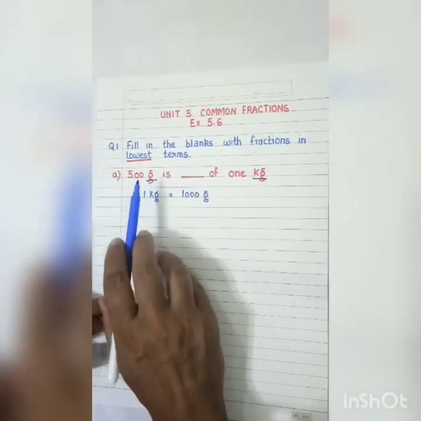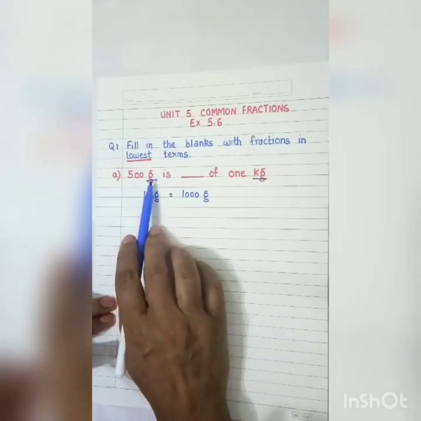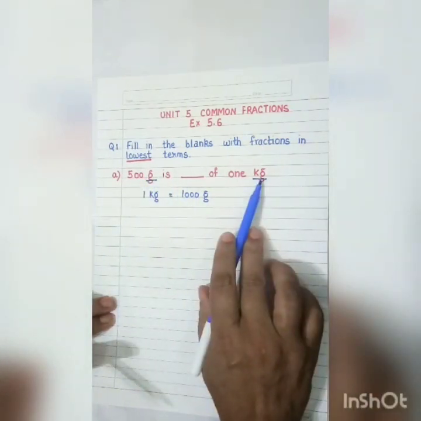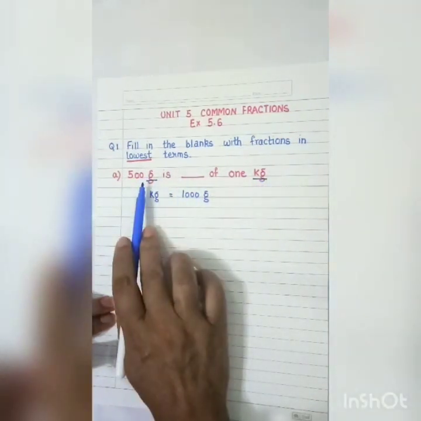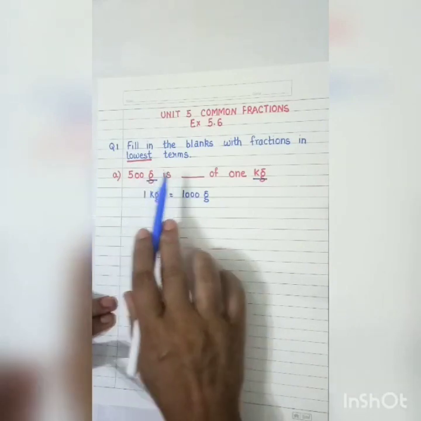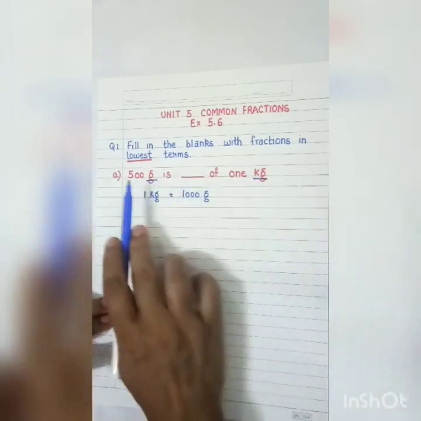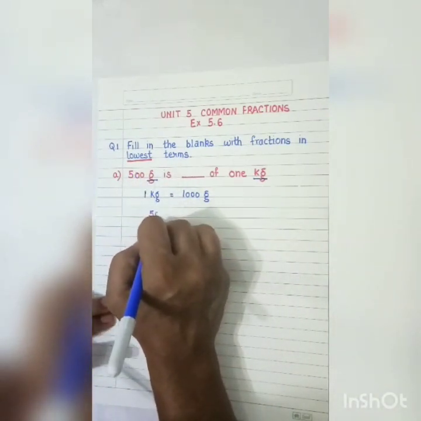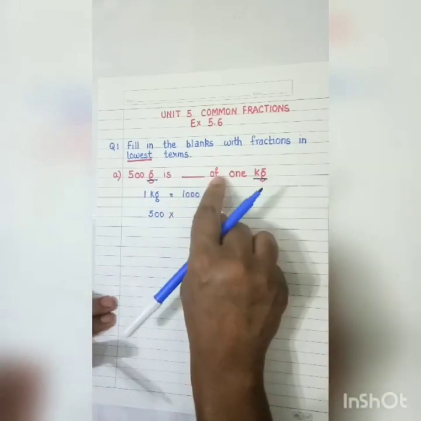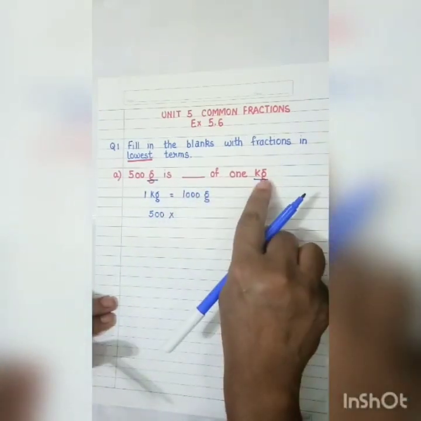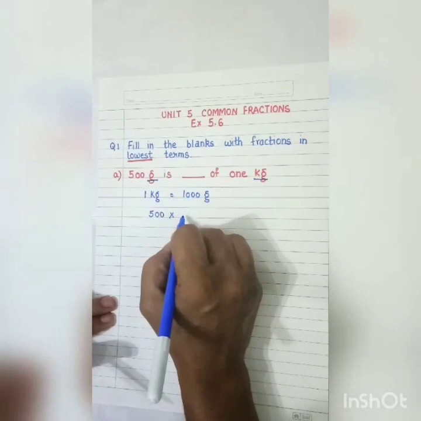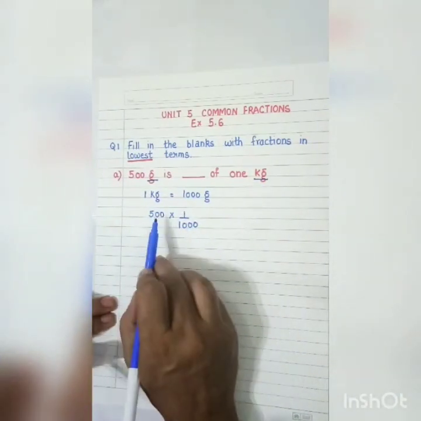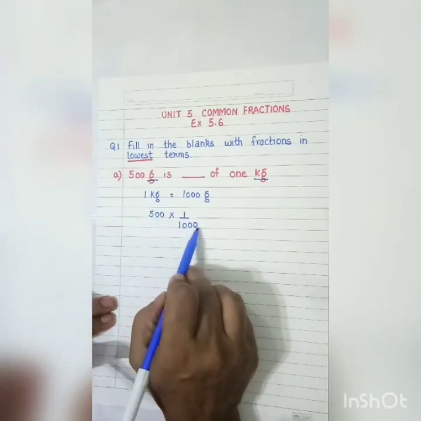Now when you look at the question, you can see the first part of the question is the smaller part, 500 grams. The second one is the bigger. So when you have to find out the relation of the two, what you have to do? The number written over here will be copied down and off. So you have to put a multiplication sign, and the relation over here will be written in this form always. So 1 and zeros over here.